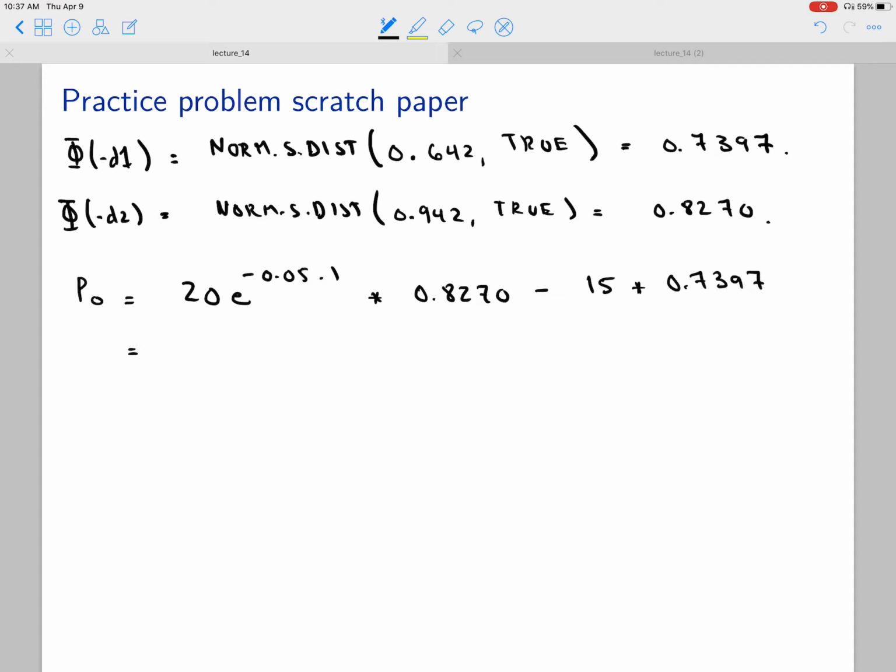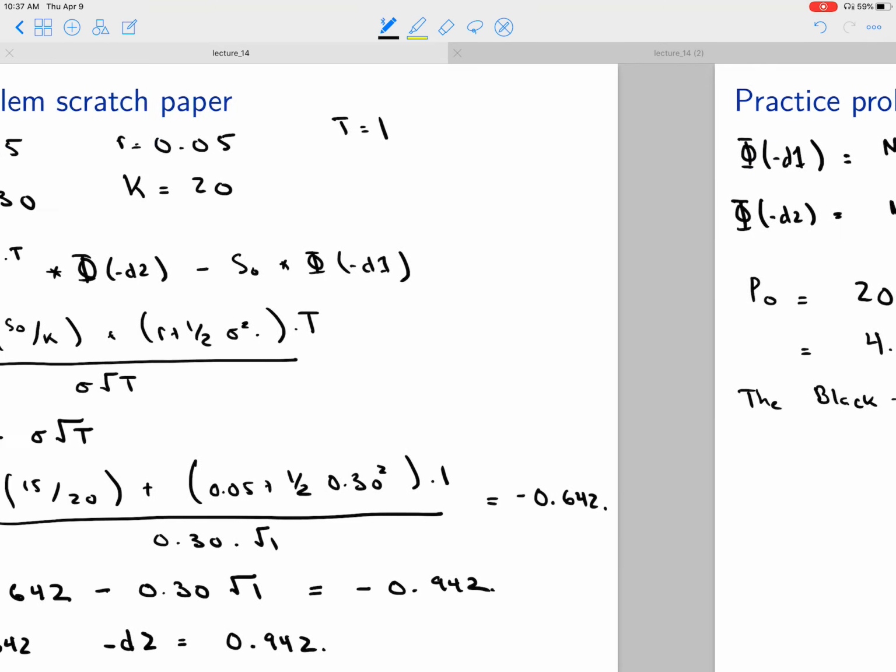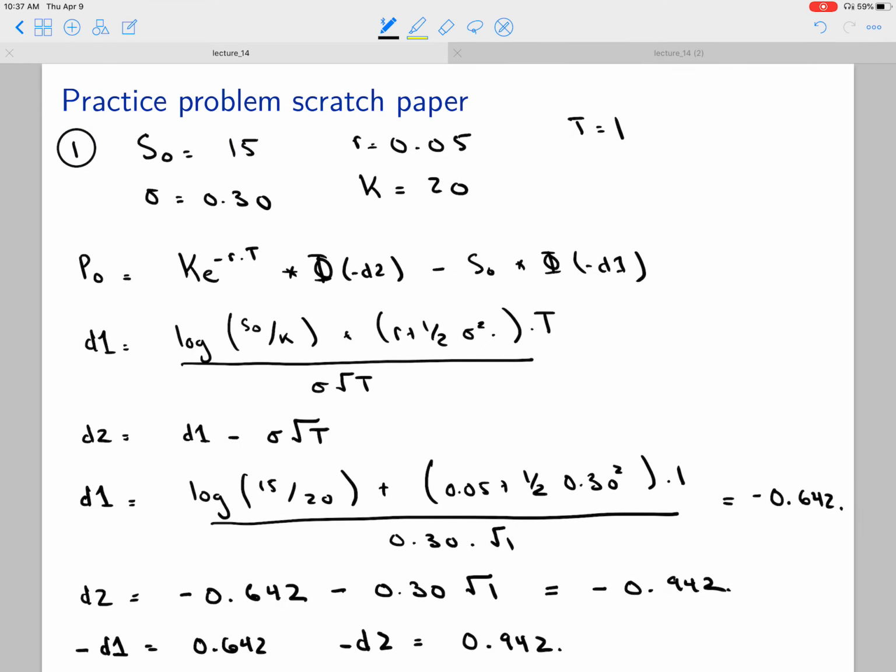Plug in all this. You're going to get, check on your Excel, 4.64. So the Black-Scholes put price is $4.64. Okay. Straightforward, just plug and chug. A lot of different intermediate steps, but check your work along the way and you should be